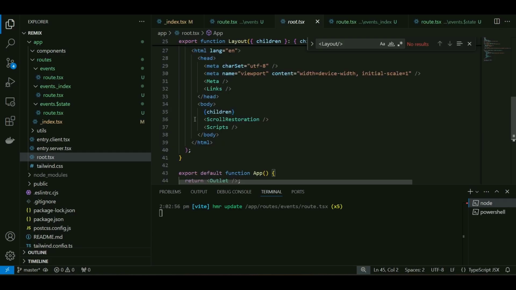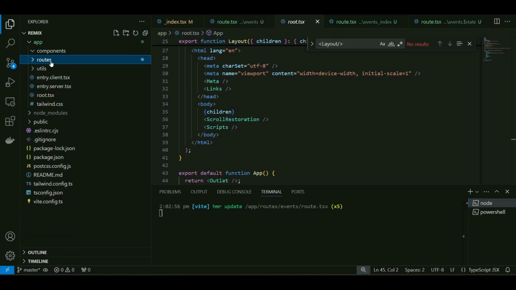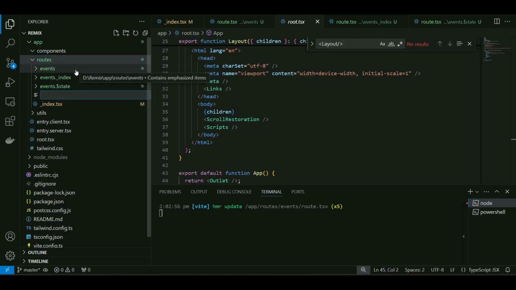And maybe there are some cases where you want to create a route where you don't want to define a path for it. Maybe you just want to create a layout and reuse that layout for different parts of your application or different routes. Right now, this events is mostly going to be used for event children. But if you want to create a reusable layout, you can create another file here, or maybe a folder if you want, something like, let's name it auth